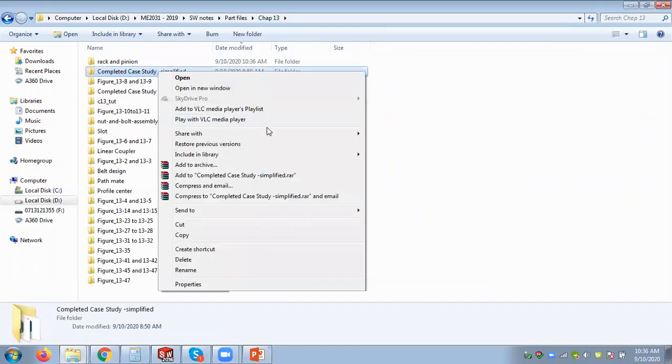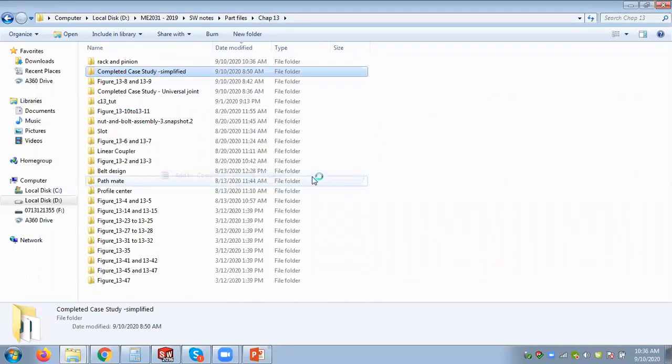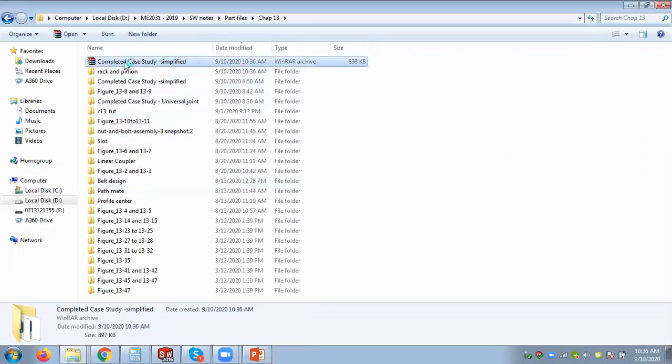If you don't have this, I will email it now. The pinion, universal joint, and the gears. If you don't have the files with you,